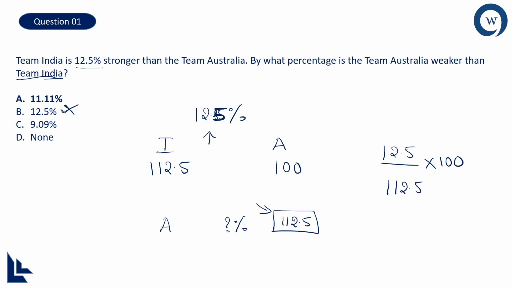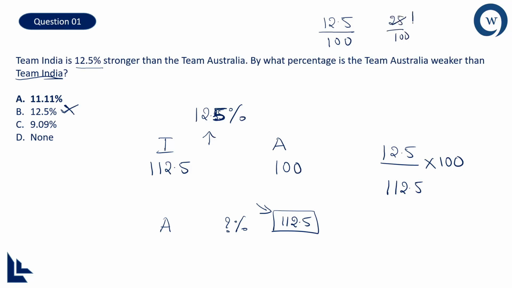Now many people might feel that this is a very difficult problem, but I'll tell you a simple strategy to solve it. What is that strategy? Something like this. If 12.5 is in the numerator and 100 is in the denominator, for the time being I'm taking this. If this was the case, how would you have solved this problem? If 25 is the value, then it could have been done like this.